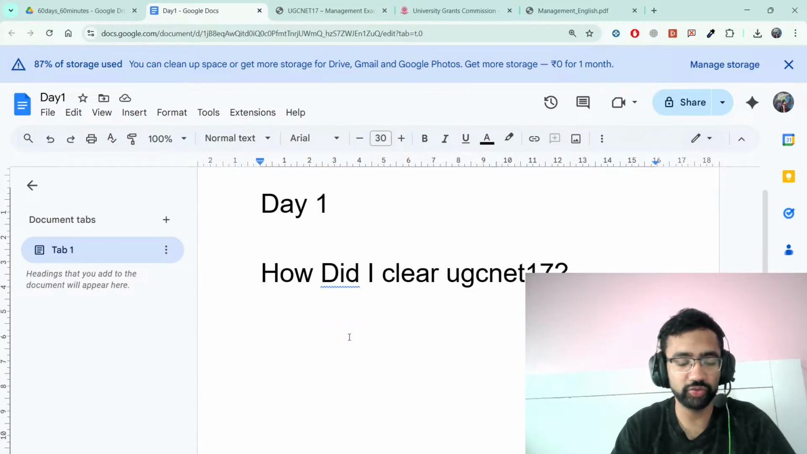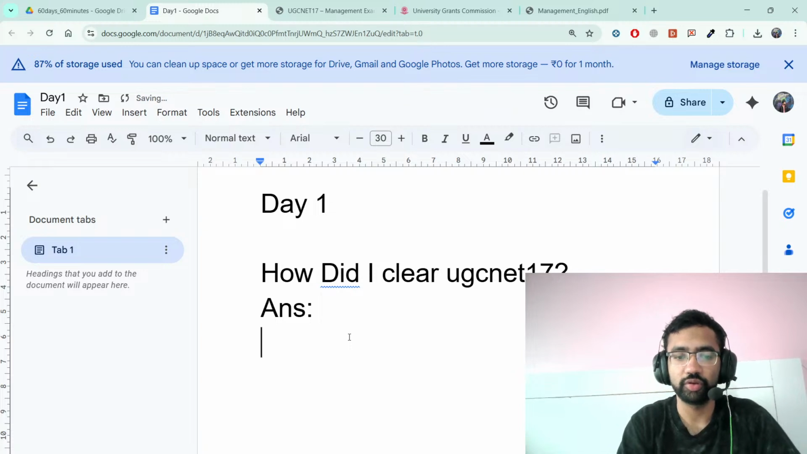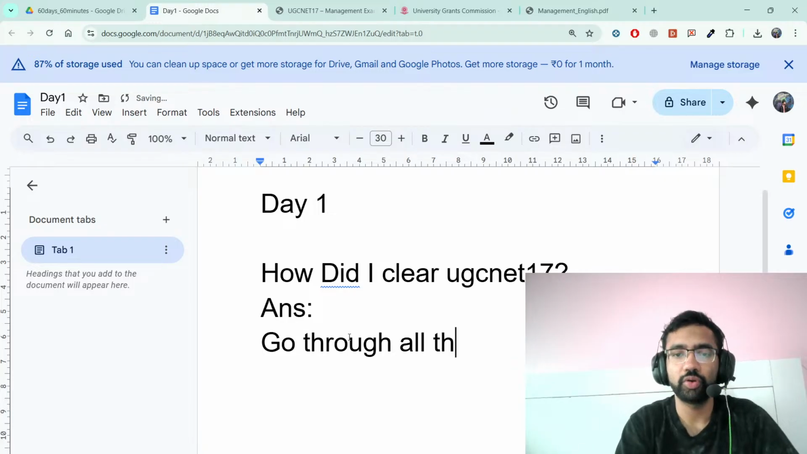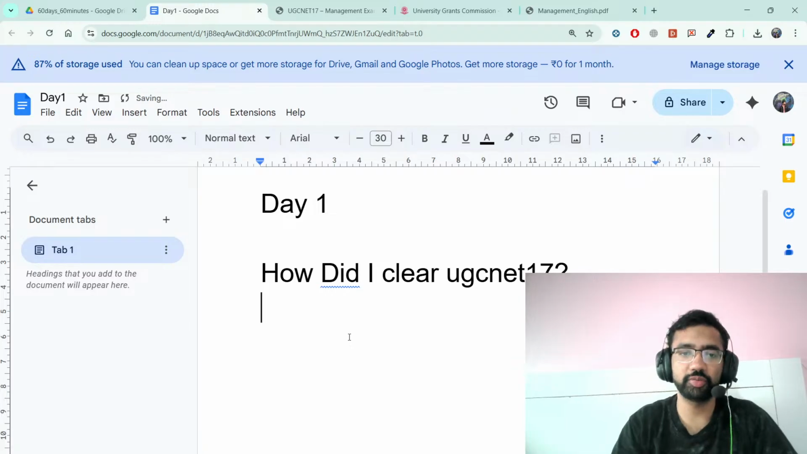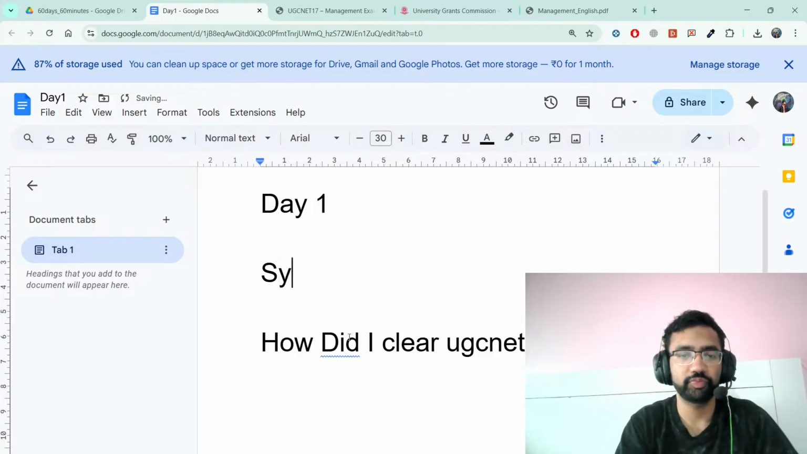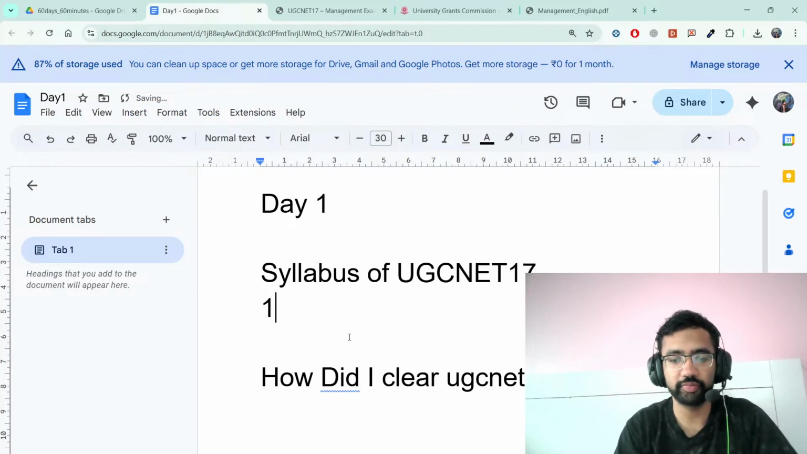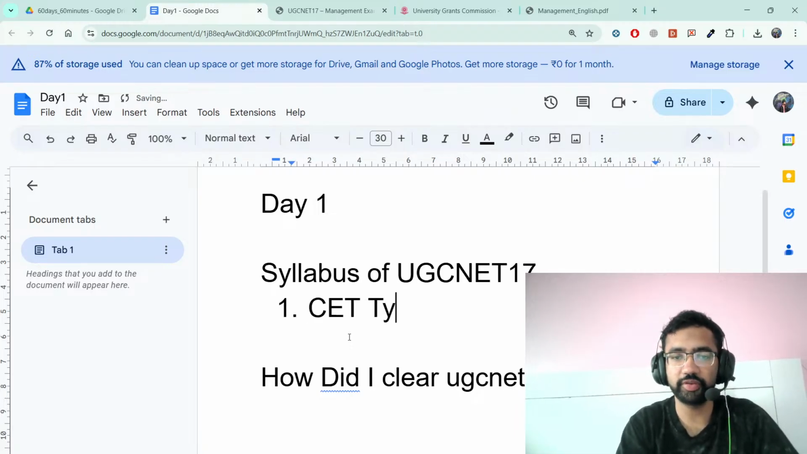How do I clear my UGC NET exam? The answer is simple. Go through the syllabus. We'll answer this. First, we'll discuss the syllabus. UGC NET 17. First, we discuss it is a CET type exam,